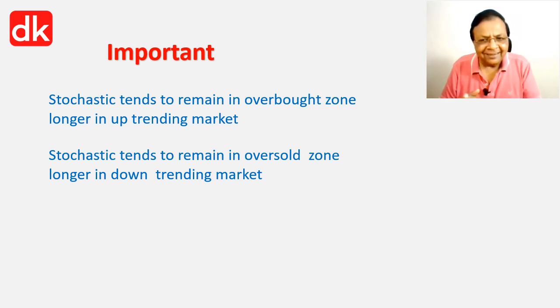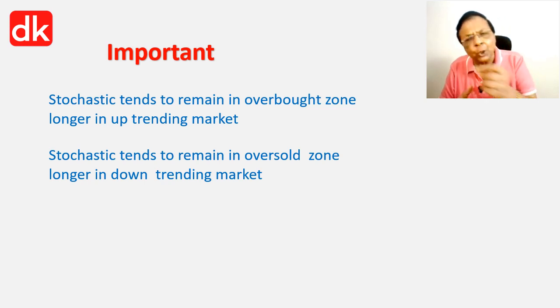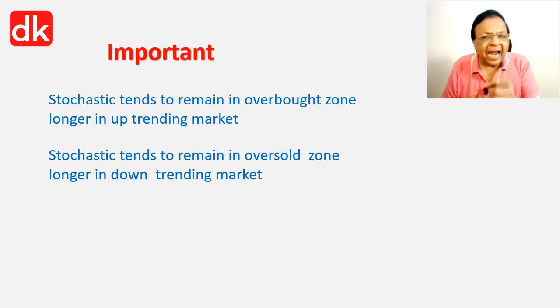then stochastic, if it is in an oversold area, indicates what? That the price is not overextended. And that may be very, very significant, that upcoming move, especially in the swing trading, it could be useful when you are initiating a trade.